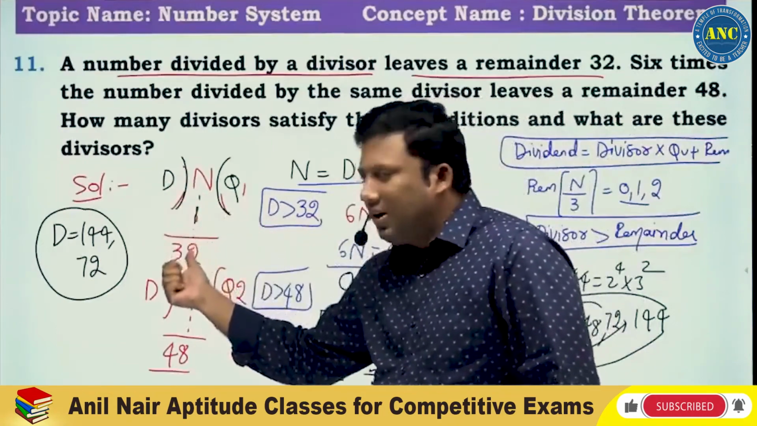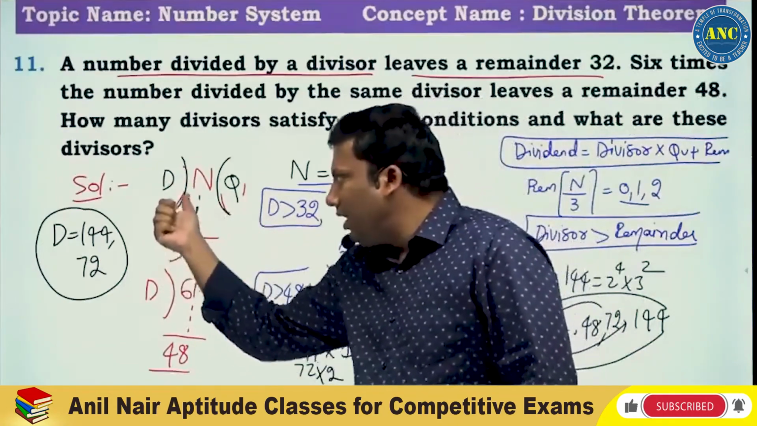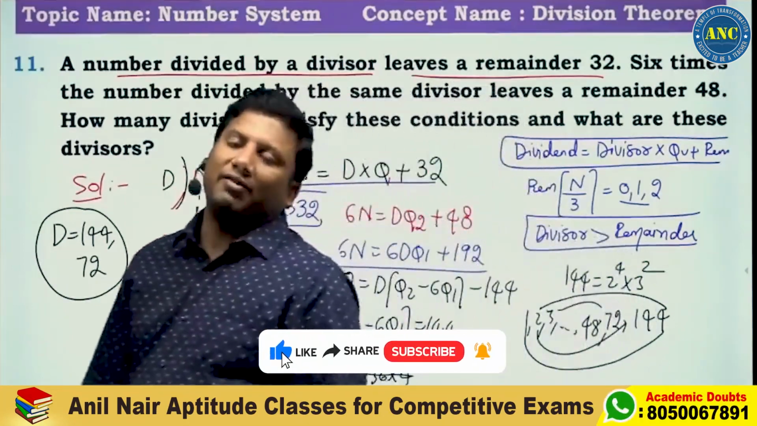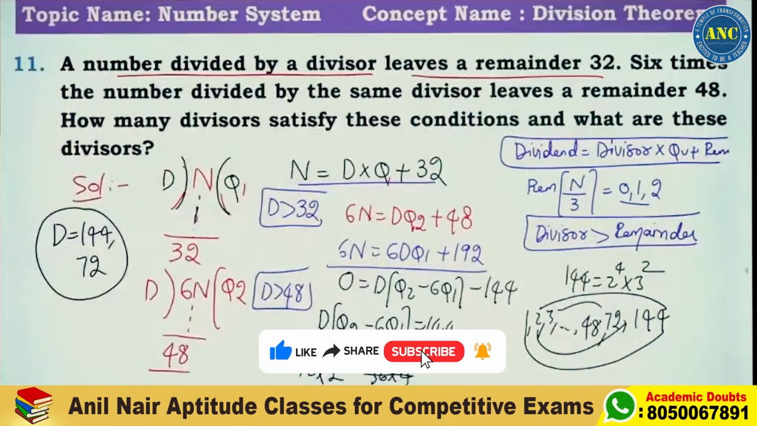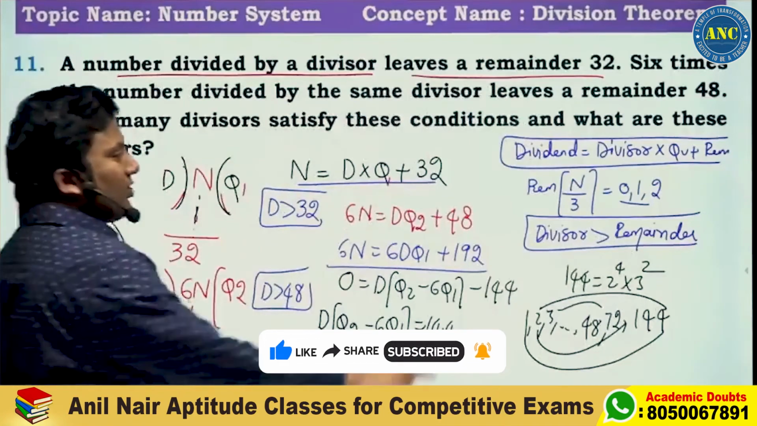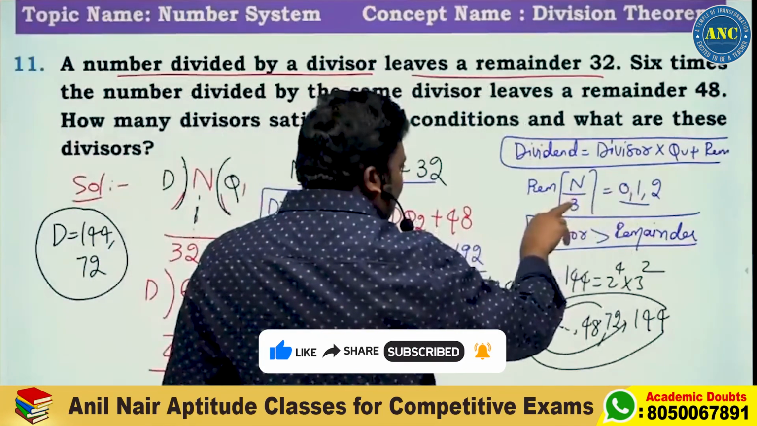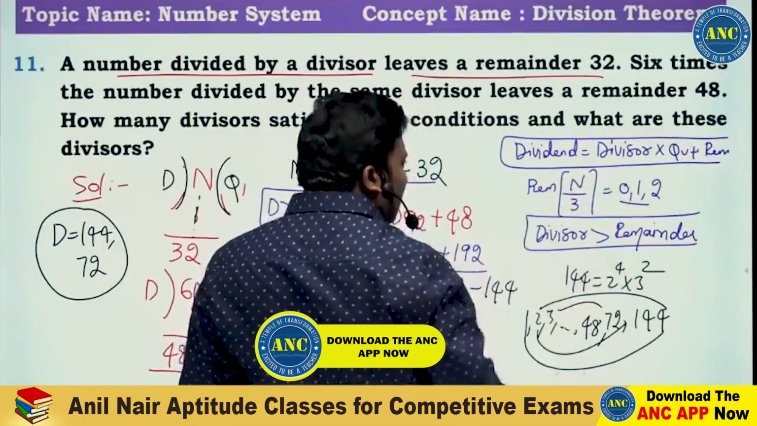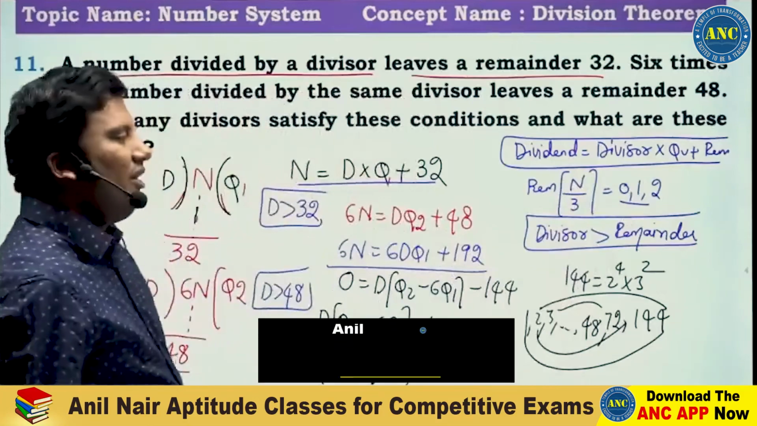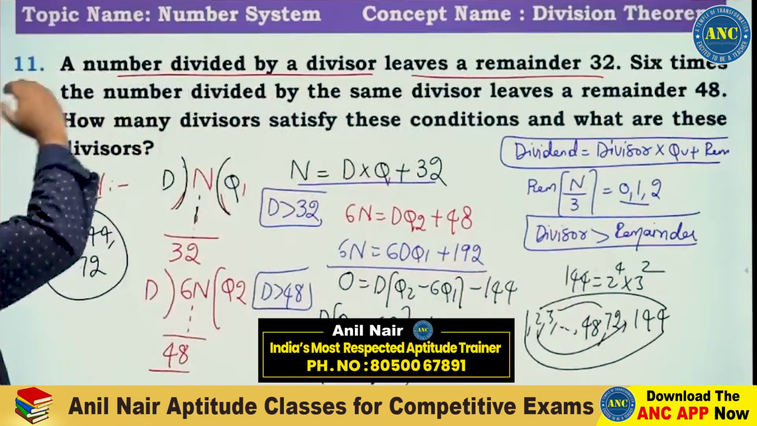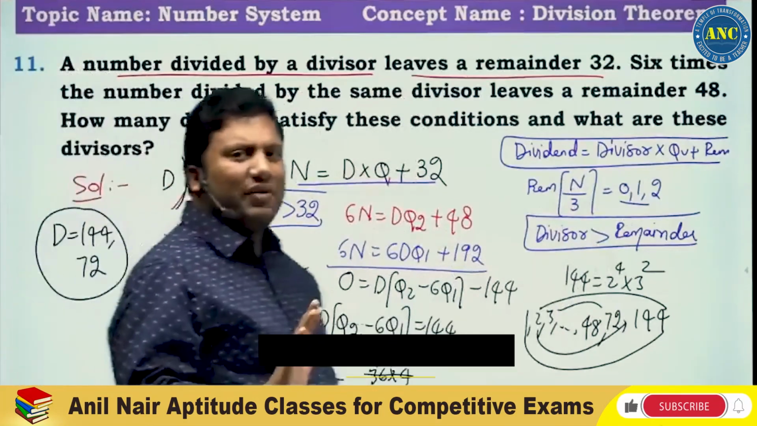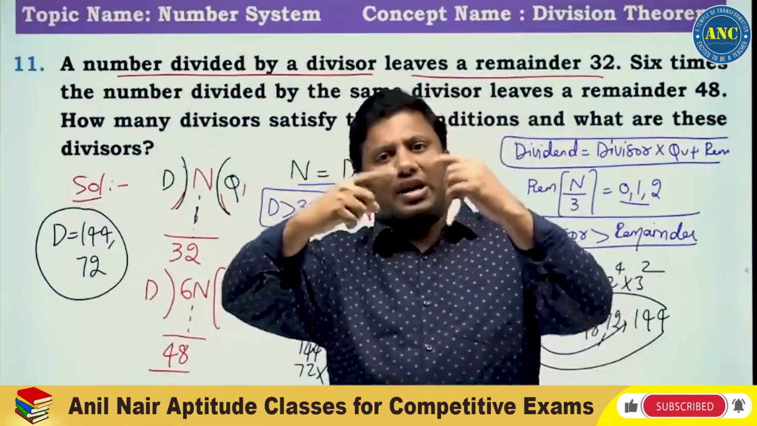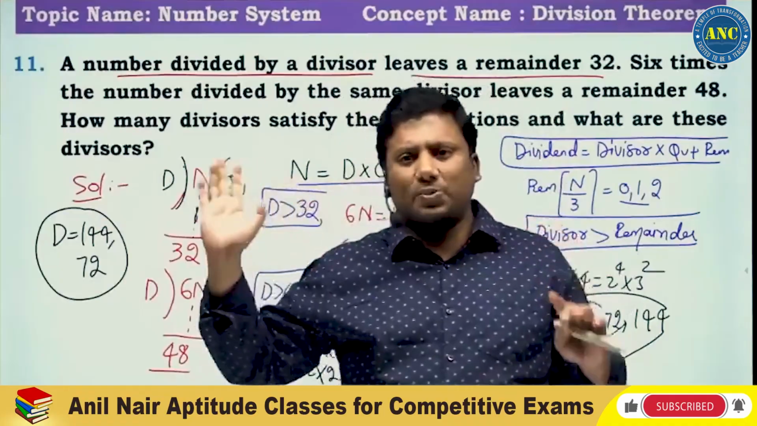Divisor should always be greater than the remainder, or the remainder should always be less than the divisor. When you divide a number by 5, you will get the remainders 0 to 4. These values are less than this value. Remainder is less than divisor, that means divisor is greater than remainder. I hope the idea is clear. Very good question. Based on the division algorithm, convert each and every statement into a mathematical expression and